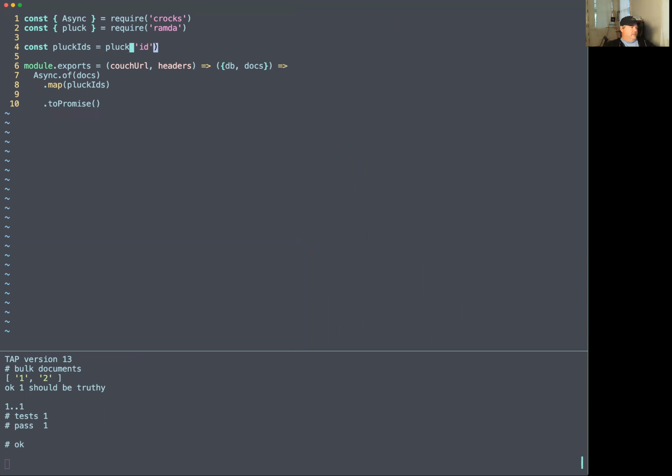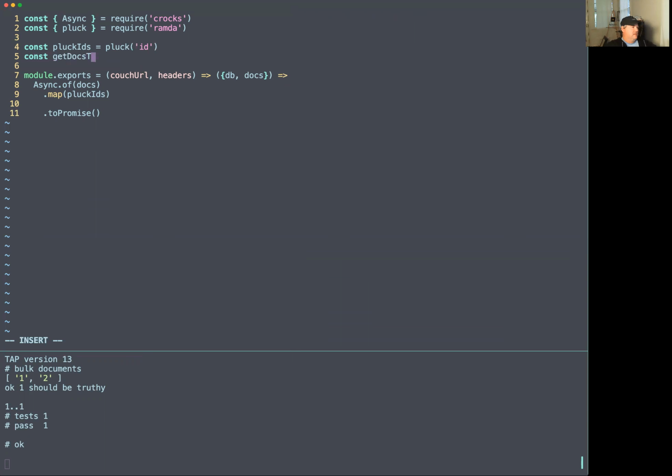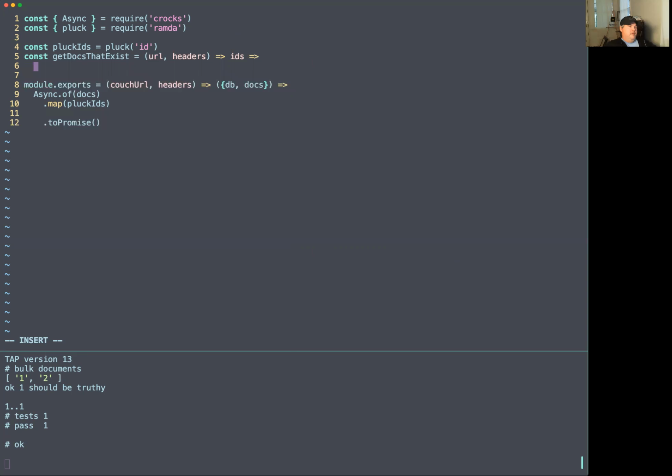And the next thing we want to do is get the docs that exist. So let's look at that function, get docs that exist. What it's doing is we want to do a sync fetch, right? So we'll need the URL and headers, and then we'll need the IDs, right? And then what we want to do is a sync fetch, and we'll take that URL and say slash all docs